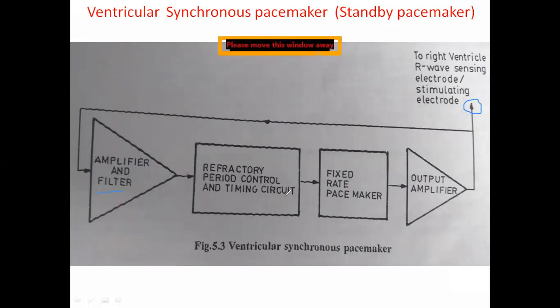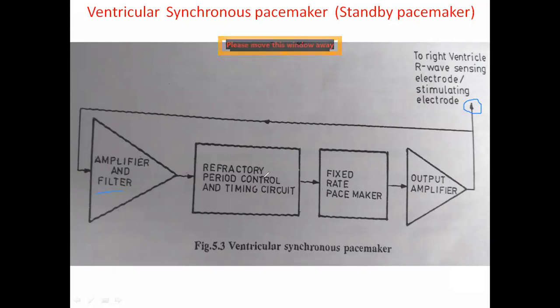This timing circuit compares the actual generated R waveform and the reference waveform. Already, inbuilt, we have a comparison for that: what is the required set point of the R wave period, and how much time it will be produced? It checks whether the sensed signal is also produced for that much time period or not. If it is producing the same time period, then this fixed rate pacemaker does not produce any signals.